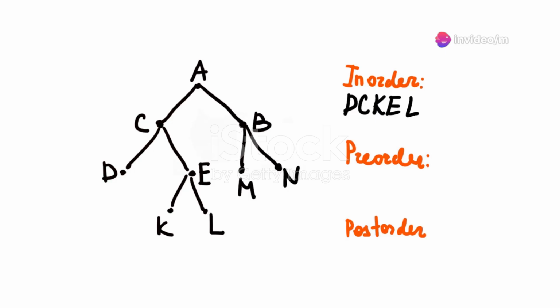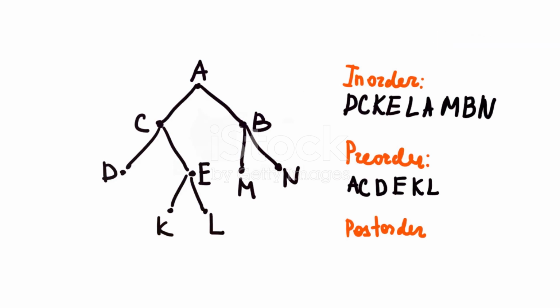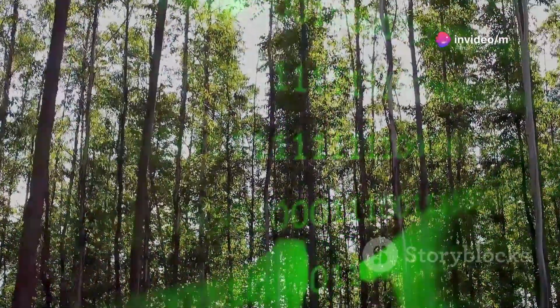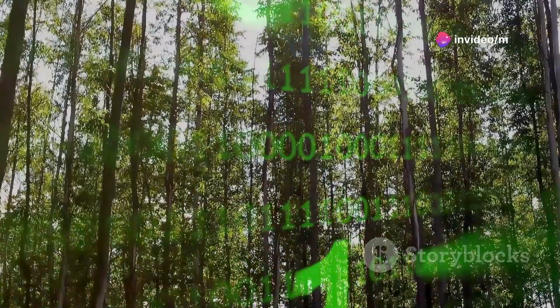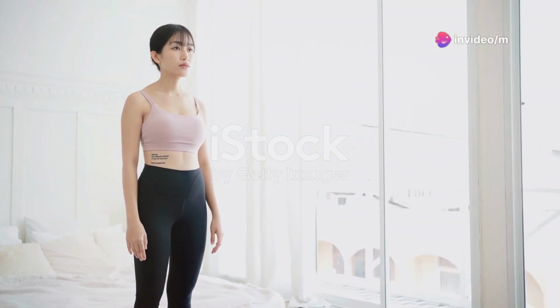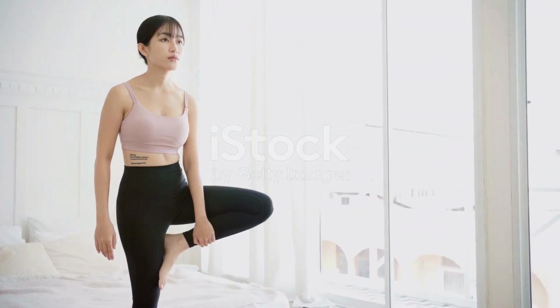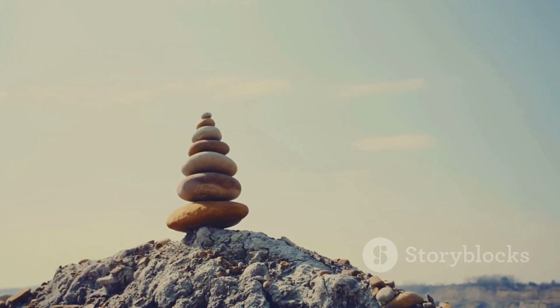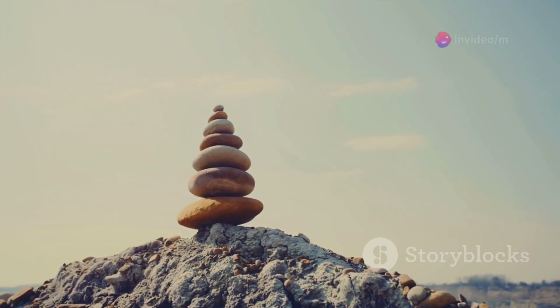Section 9. Advanced tree structures, optimizing for performance. While binary trees are versatile, certain applications require even more efficient tree structures. That's where advanced tree structures like AVL trees, red-black trees, and B trees come in. AVL trees and red-black trees are self-balancing binary search trees that guarantee a certain height balance, ensuring efficient search, insertion,